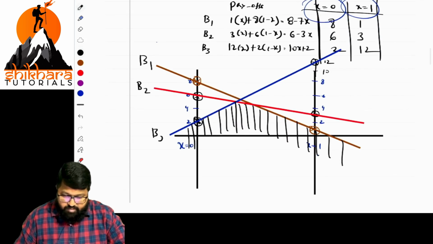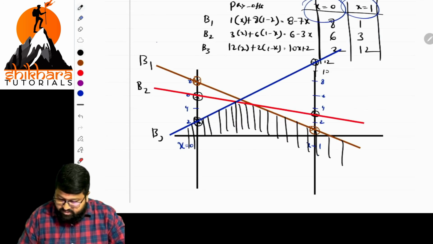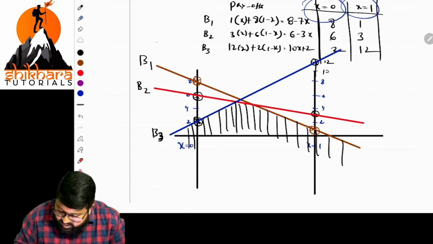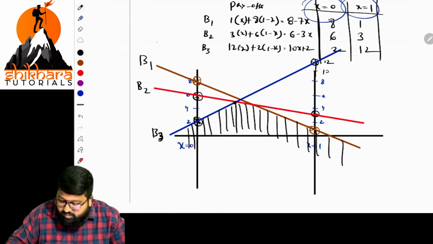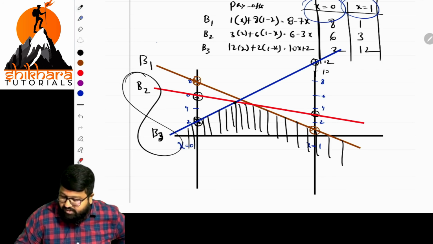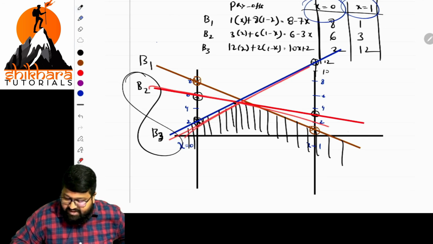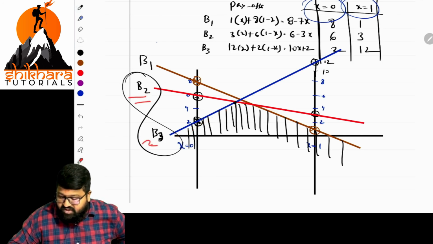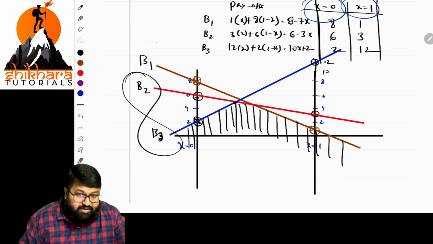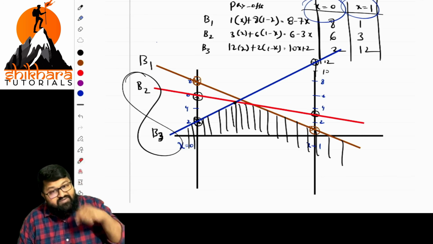See the graph properly, ma. So I plotted B1, B2, B3. Now where are they intersecting? Oh, sorry, it's B3 now. So here this line is intersecting which point, ma? B2 and B3. See properly, ma. This is one line, and this is the second line. These two are lines B2 and B3. At this point they are intersecting. That's the maximum point. That point we marked. So that intersection point is covered by B2 and B3.